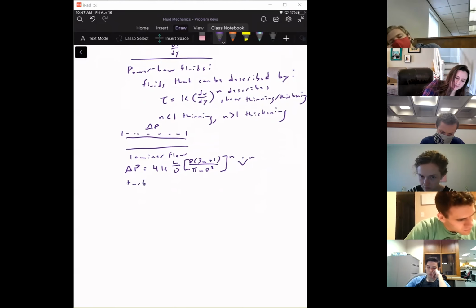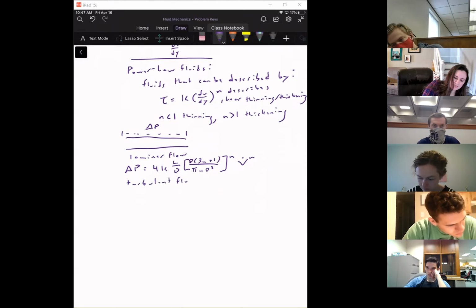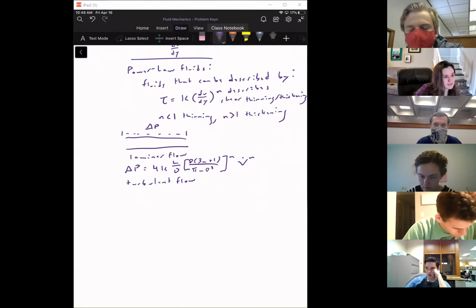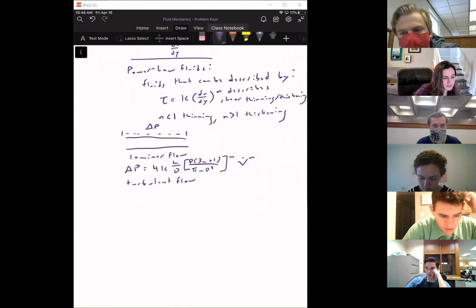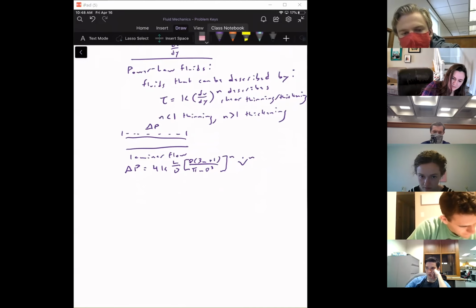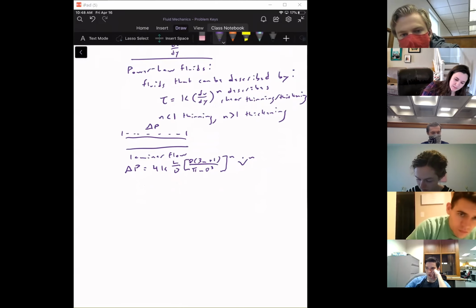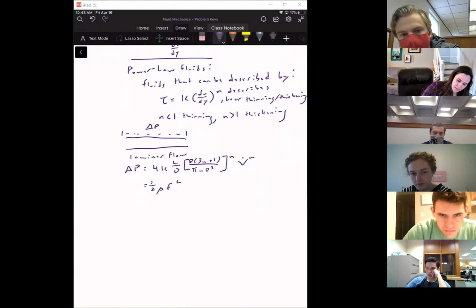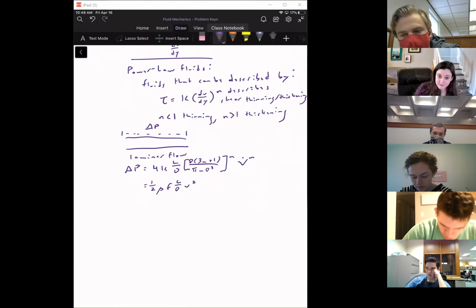So what you would need to do is figure out whether it's laminar or turbulent, because in laminar, you could use that for the pressure drop, and for turbulent, this is this. So for laminar, you can use that, or you could also use ΔP = 1/2 ρ f L over D V squared like that,